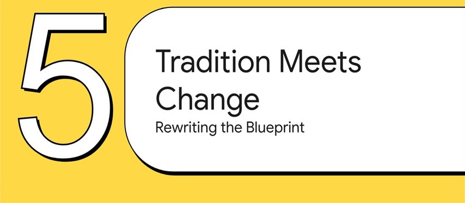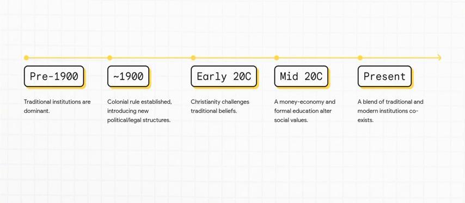So here's the really crucial point. These institutional blueprints, they're incredibly powerful, they're incredibly stable, but they are not permanent. They're not set in stone. They are living, breathing things that can be challenged, adapted, and sometimes completely rewritten. And you can see this happen in real time if we look at Ghana, around the turn of the 20th century. First, colonial rule came in and slapped new government structures right on top of the traditional chiefs.